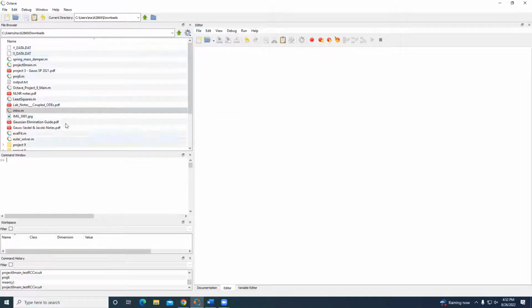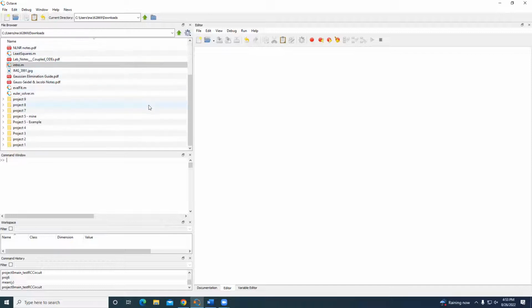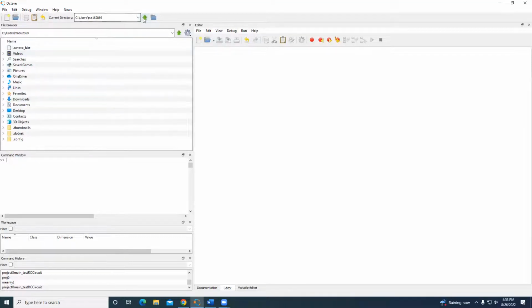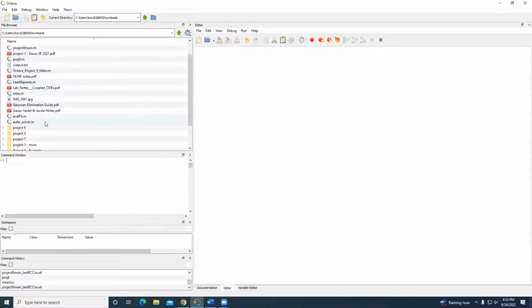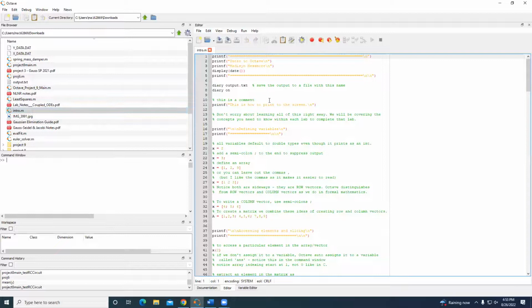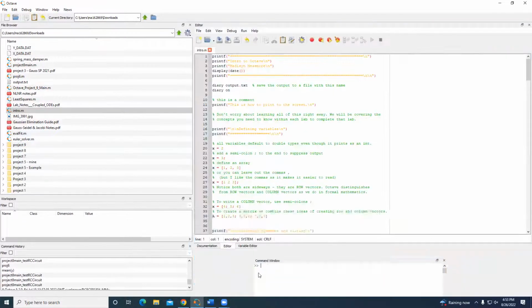You can also see all of your files displayed over here, and this helps you navigate through your directories, which hopefully you know what a directory is. If not, you're about to get a lot more familiar with it this semester. For example, right now, I'll navigate upwards. My intro documents are in my downloads folder, and I can just navigate to it and double click, and this opens the code. Now, this command window that I'm moving around right here